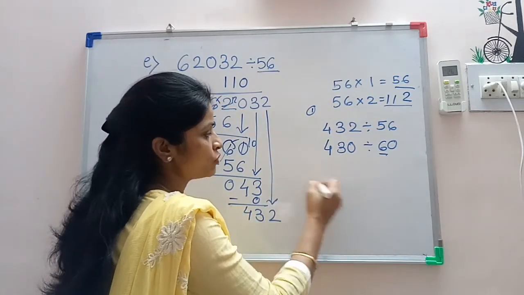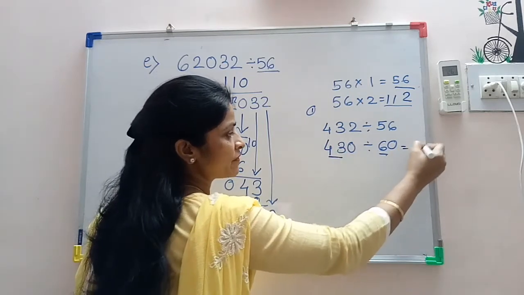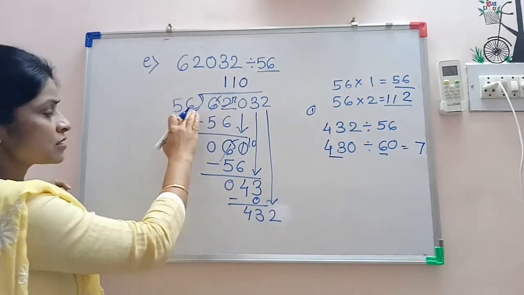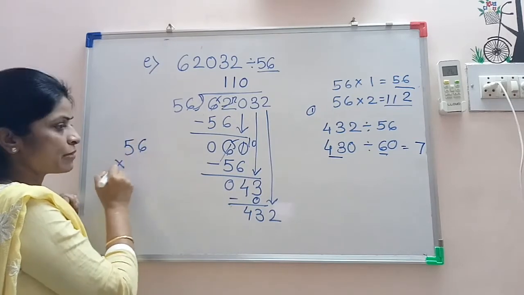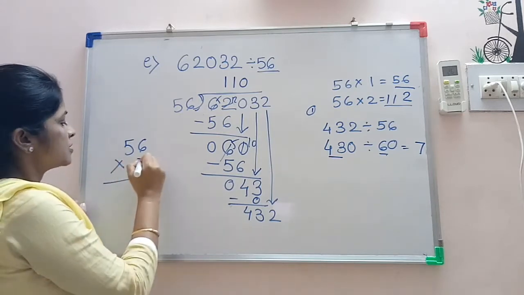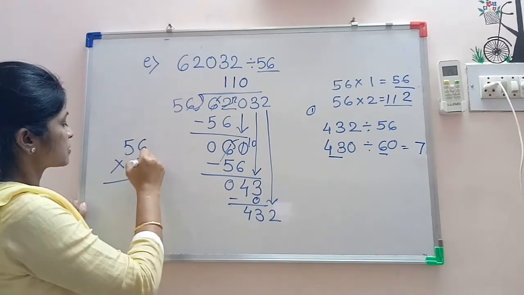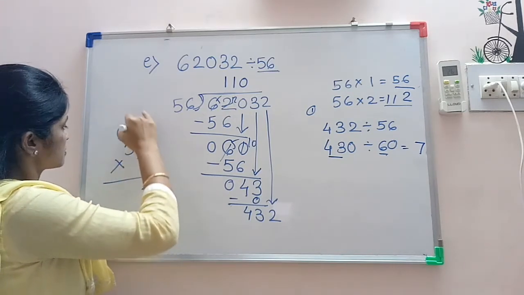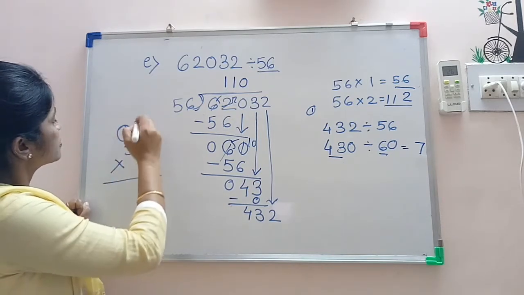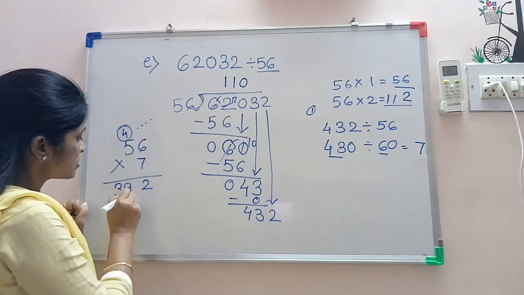So what you will do? If you multiply this, it is nearby. When we will do sevens, you will get the near number of that. So in the 56 also we will do 56 multiplied by 7. So we will try it first. 7 6s are 42, 4 carry. 7 5s are 35, 35, 36, 37, 38, 39. This is of 7s are.